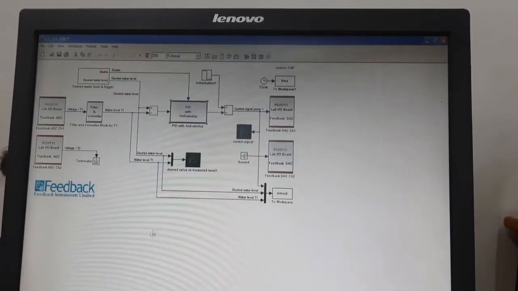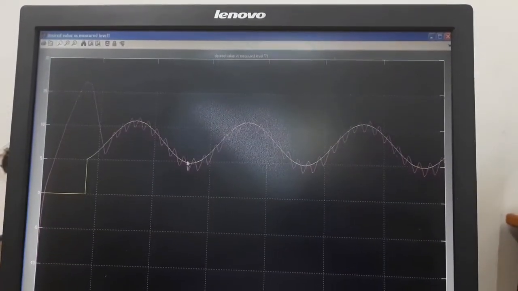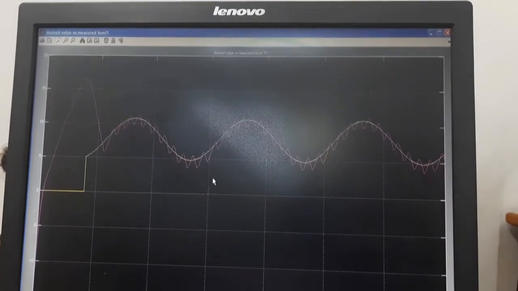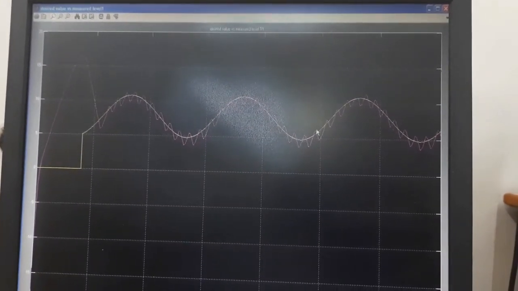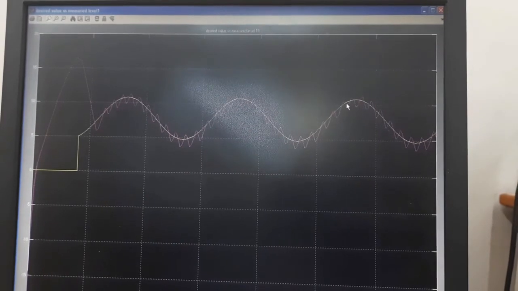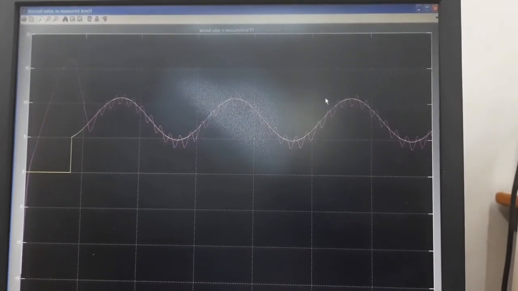Sorry, not this one. Yeah. Here you can see this is our response. So we have run for 350 seconds and the response is not perfectly matching, but it is following our desired signal. So your job is to make such a controller.